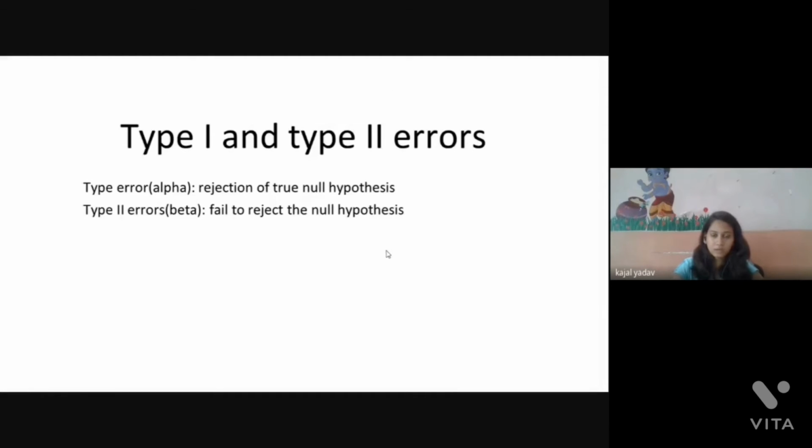So there are two types of errors: the type 1 error and type 2 error. Type 1 error is the rejection of a true null hypothesis, and type 2 error is due to failing to reject the null hypothesis.